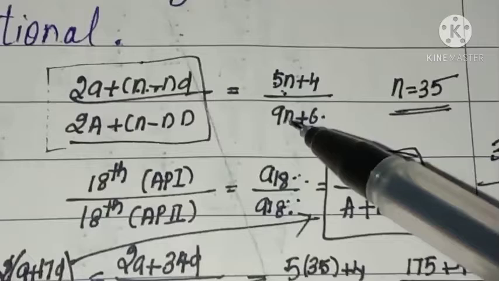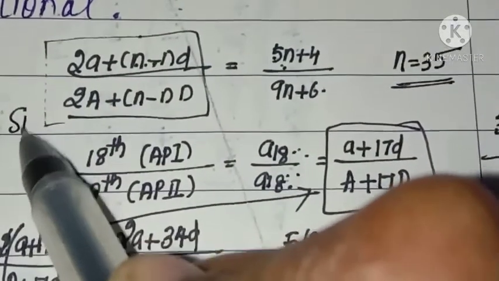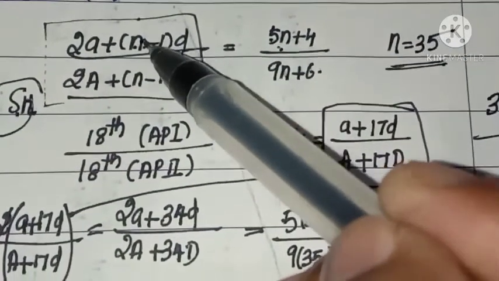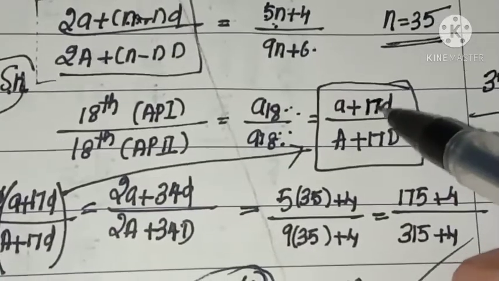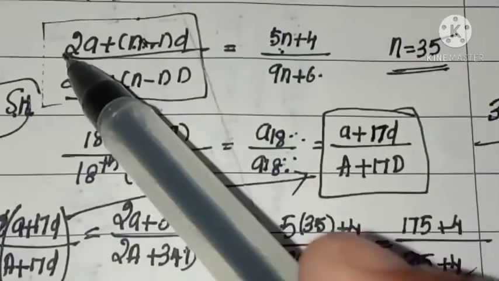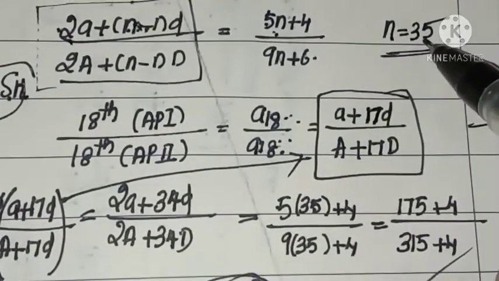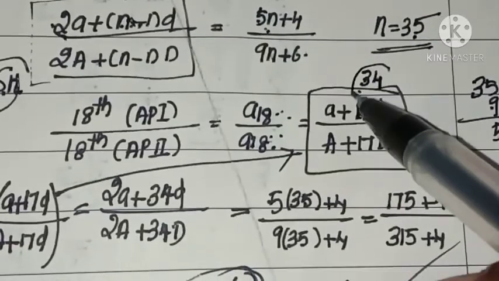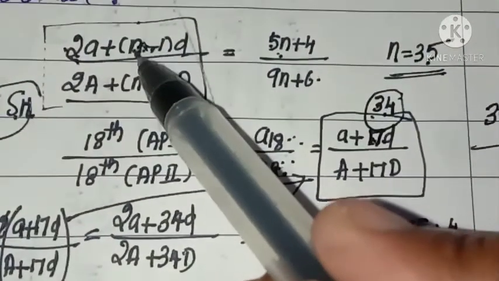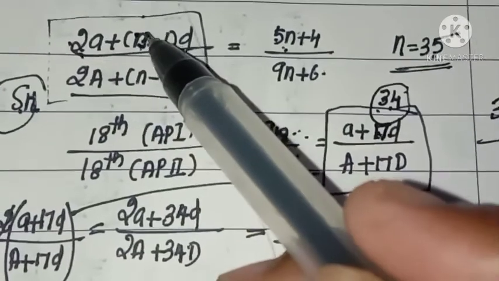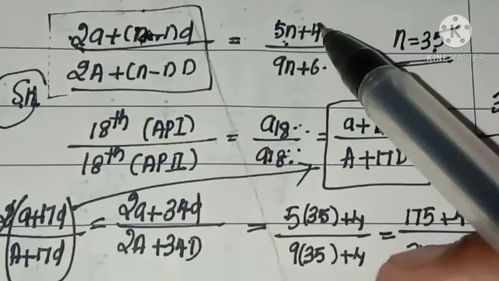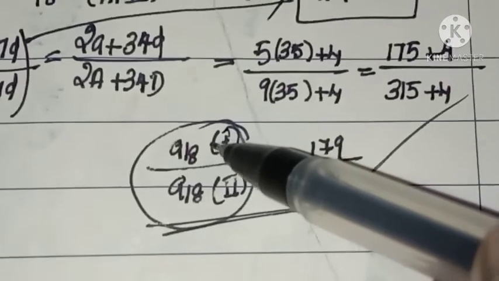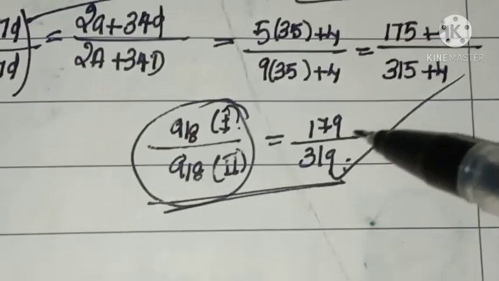Okay. So the method is, we write the formula of Sn and here put n equal to 35. Listen, we need 17, so it is a multiple of 2. That's why we took 35, because 2 into 17 is 34. To get 34, we need to put n equal to 35 here. If we put n equal to 35, in the similar way, here also put n equal to 35. That answer gives our required ratio of 18th terms of the given two APs.